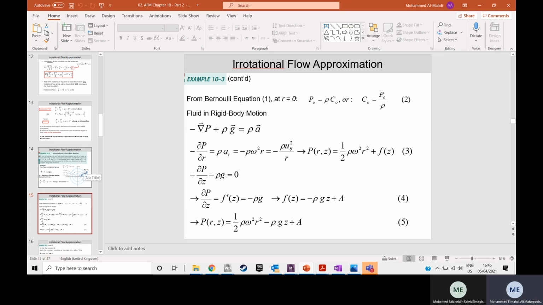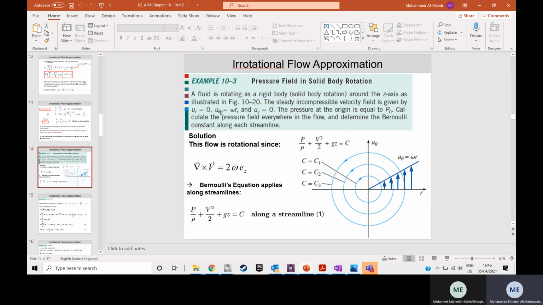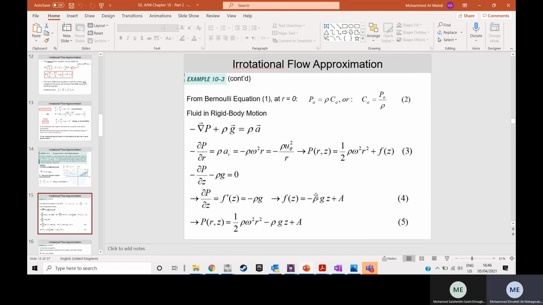Substitute your velocity components there, which are u_r, u_z, u_theta. This is the curl of the flow in cylindrical coordinates, to know whether the flow is rotational. Now you know that the flow is rotational, 2 omega e_z. And then after you substitute your velocity components, you calculate the gradient of